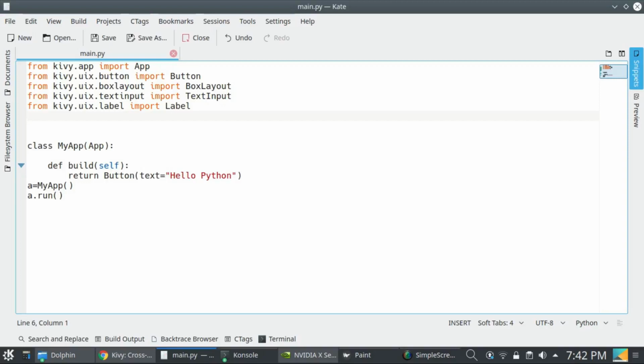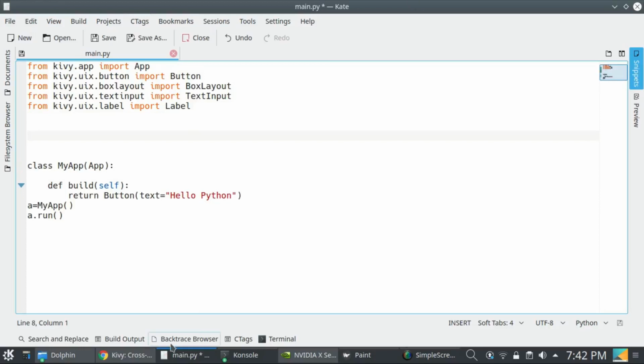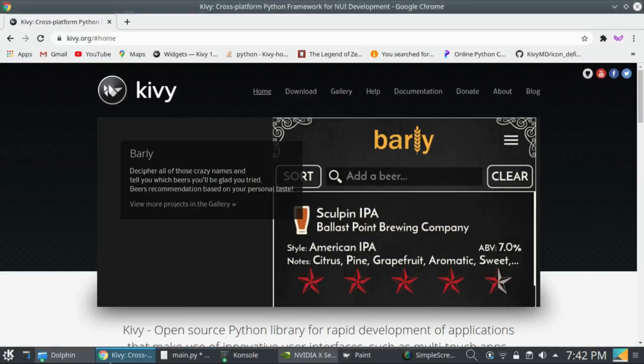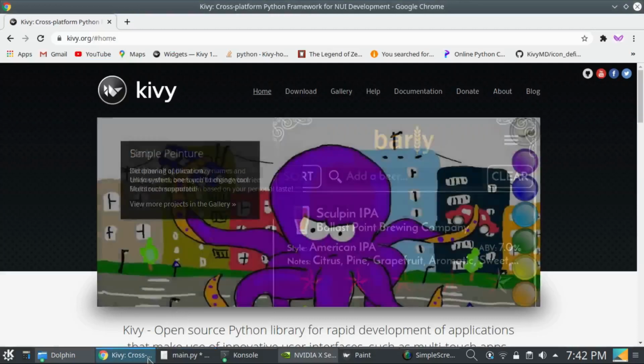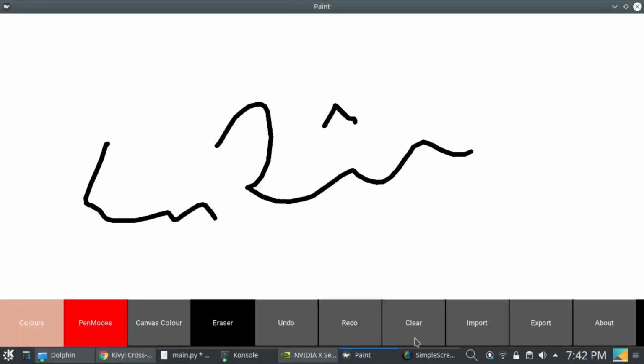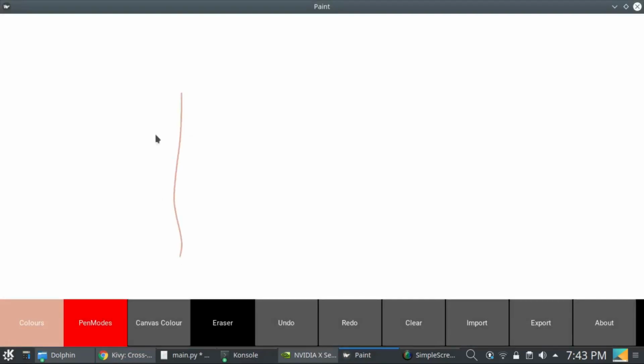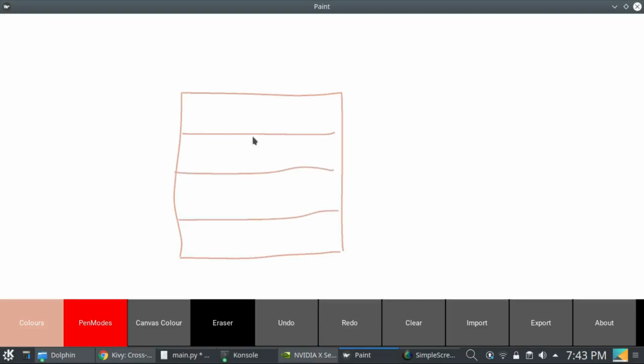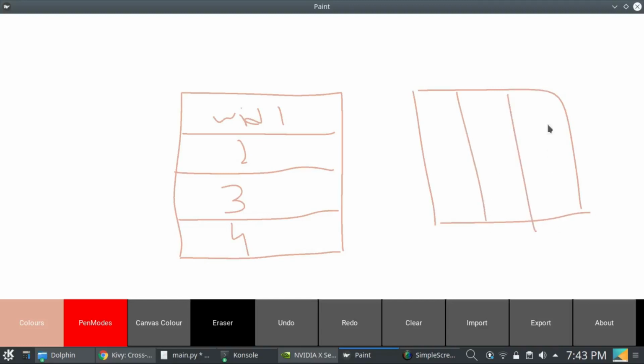So box layout will arrange widgets in two ways. Say this is a box layout, then the box layout can arrange widgets in vertical order, widget 1, 2, 3, 4 like this, or in a horizontal manner like this.